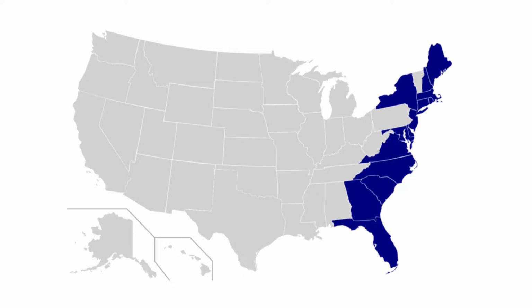Resistance to these taxes, especially the Boston Tea Party in 1773, led to Parliament issuing punitive laws designed to end self-government. Armed conflict began in Massachusetts in 1775, and in 1776 in Philadelphia,